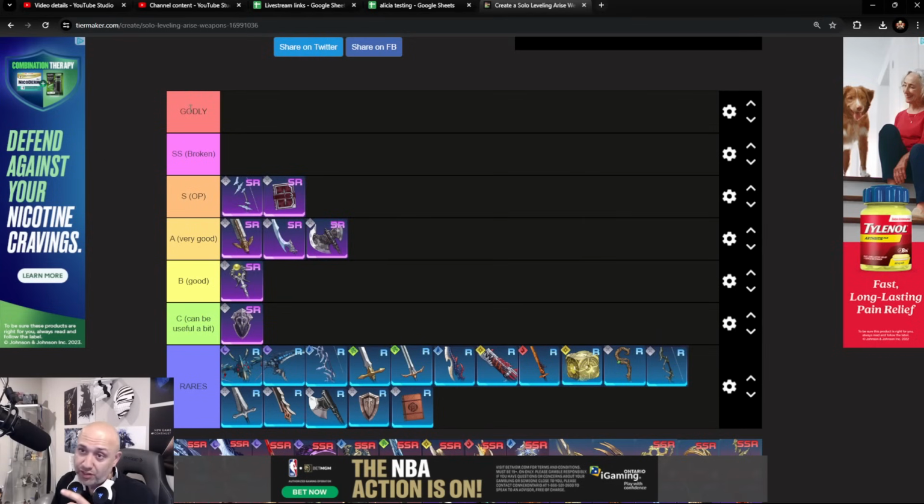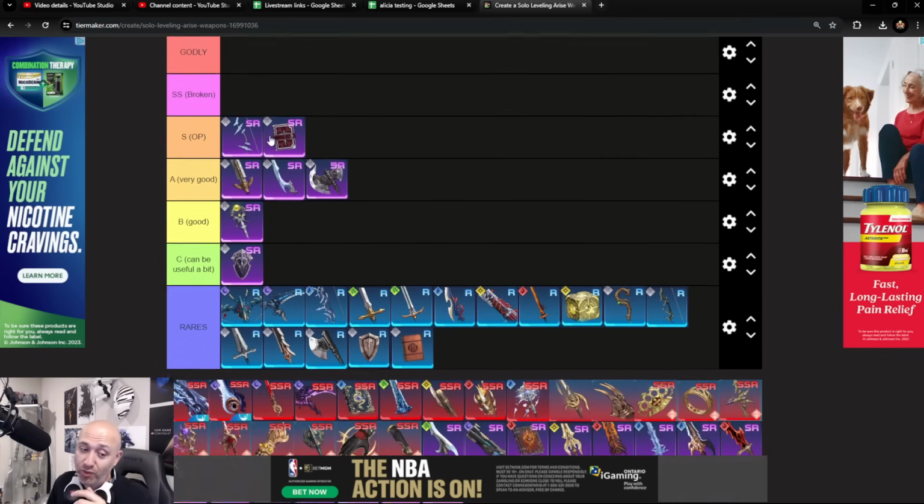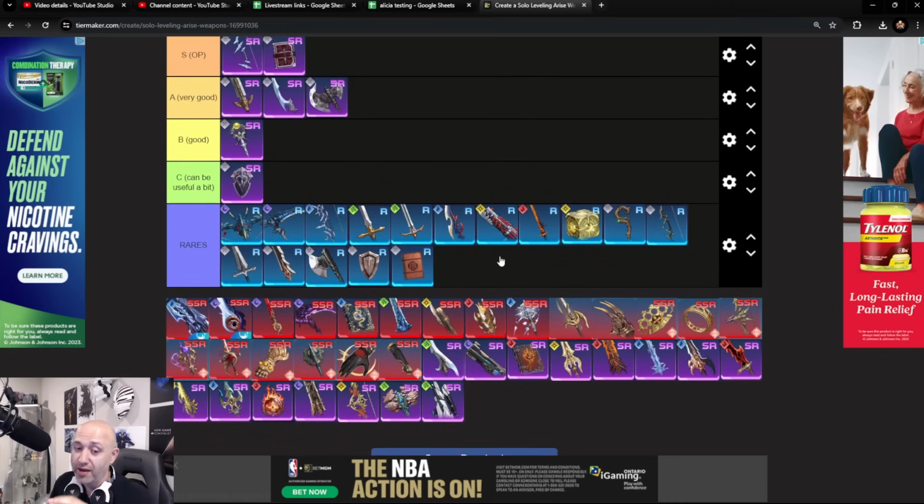Okay, so one other thing I want to point out in this video, I did make an adjustment here. I added a godly section because now we're getting so many adjustments and buffs to these weapons that now there needs to be a secondary category to differentiate from the broken to the absolutely insanely broken. Okay, so godly is going to be the top tier ones. So I just want to make sure everybody understood that, and we're still going to talk about this. Okay, so let's start off with